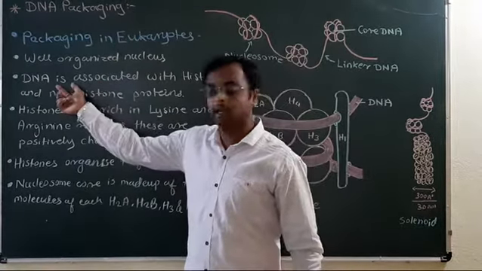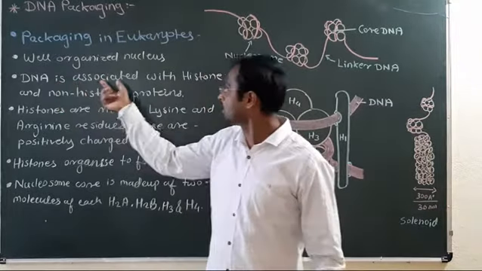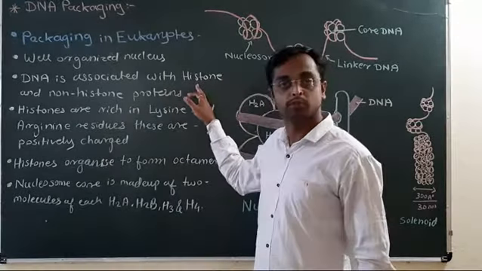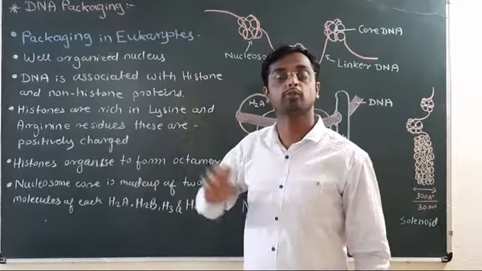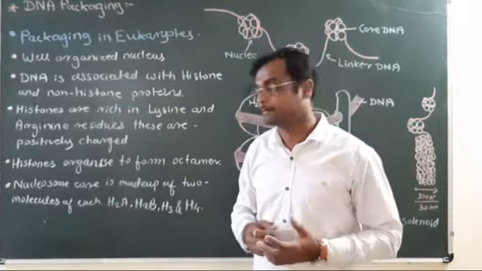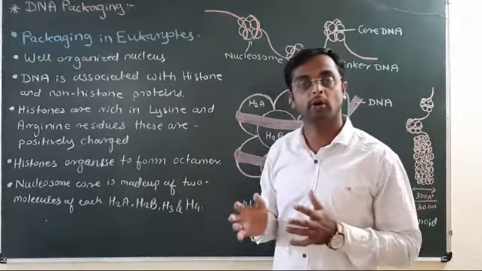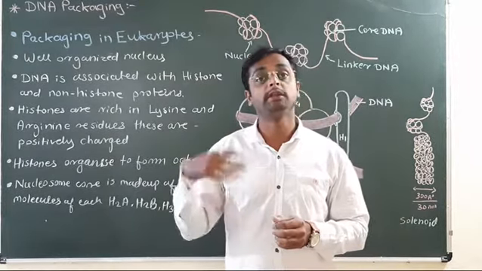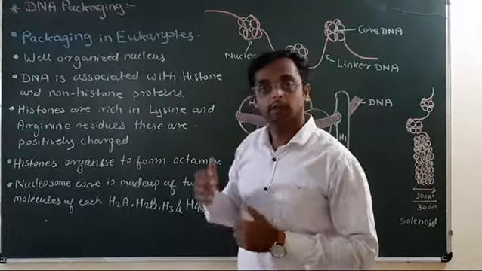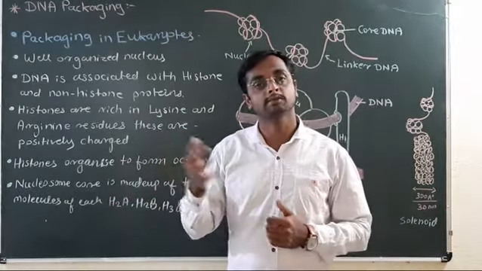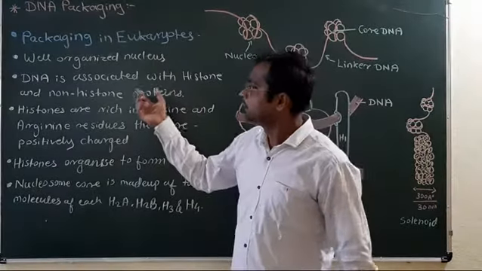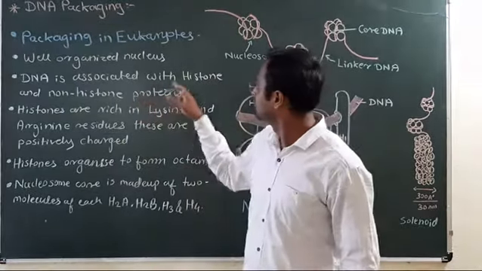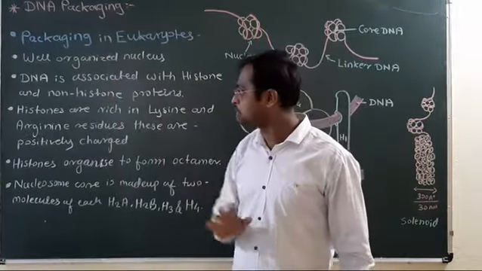Now the DNA in such a nucleus is associated with the histone and non-histone proteins. Now these histone proteins and non-histone proteins are required for the packaging at higher levels, because the length of DNA double helix in eukaryotic cell is generally 2.2 meters long, and the nucleus size is 10 raised to minus 6 meters. So to accommodate it, it has to be coiled and supercoiled, and this coiling and supercoiling is assisted with the help of histone and non-histone proteins.